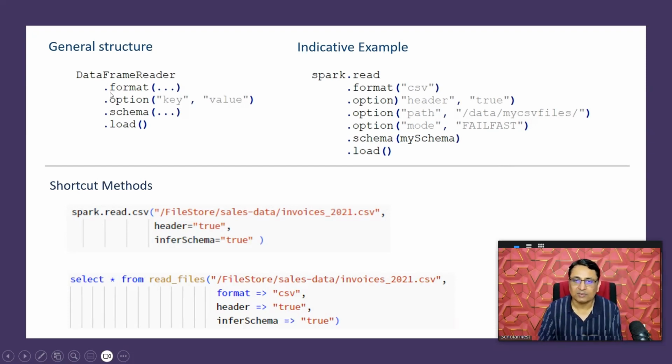The most important method for DataFrame Reader is the format method. Almost always the first thing is to tell DataFrame Reader what the format of the data is. Format could be a file type like CSV, could be a JSON file, could be a Parquet file, could be an XML file, could be a simple plain text file, could be a JDBC connection to a relational database. It could be Cassandra, if you are reading data from Cassandra. It could be MongoDB, if you are reading data from MongoDB. The point is the format is the key to tell DataFrame Reader how to read data, what the data format is, from where data is coming, right? So you tell that using the format, and then you have the option method,